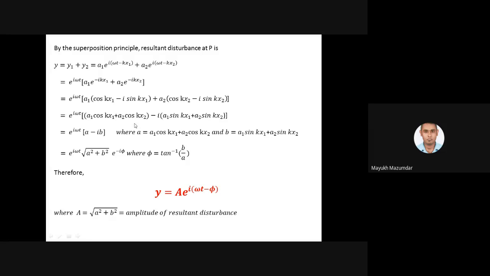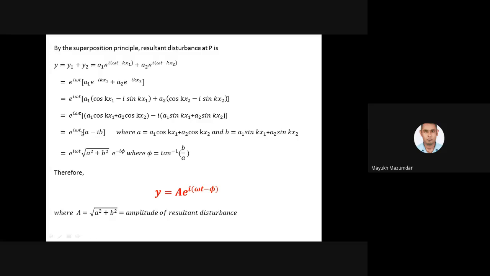Is it clear what I have done here? Yes, sir. Now see, the two things in the brackets look very large. So I'll just take the term in the first bracket as a, and the term in the second bracket I'll take as b. With that substitution, I can get a relatively simpler term. E to the power i omega t was always there, and I will get a minus i b, where you can easily recognize this is a complex number.